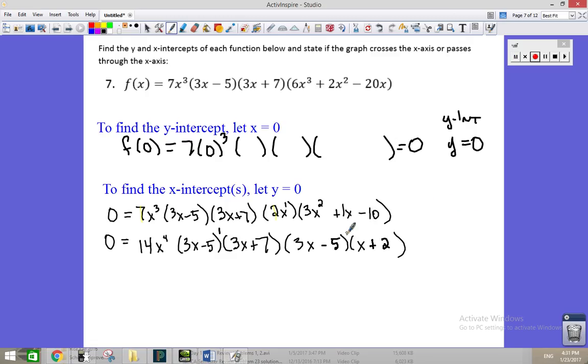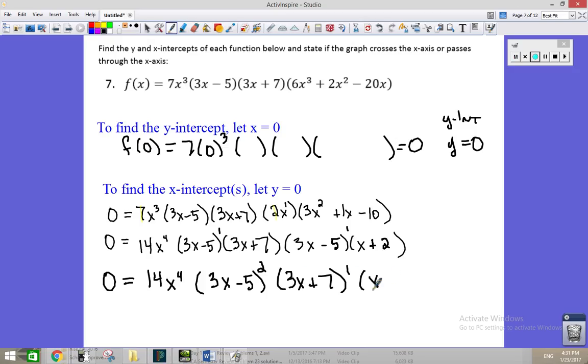The 3x minus 5 and the 3x minus 5 are going to combine. So I've got 14x to the fourth. I've got 3x minus 5 with another 3x minus 5. That means that's squared. I've got 3x plus 7, and that's just to the first power. And I've got x plus 2, and that's just to the first power. So